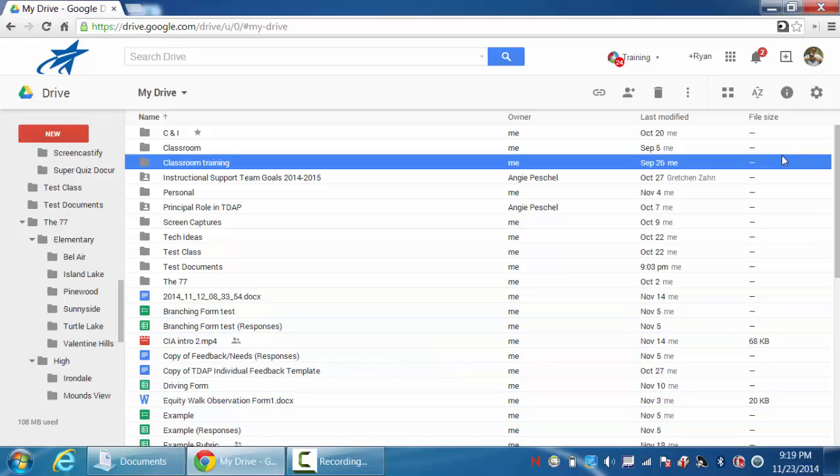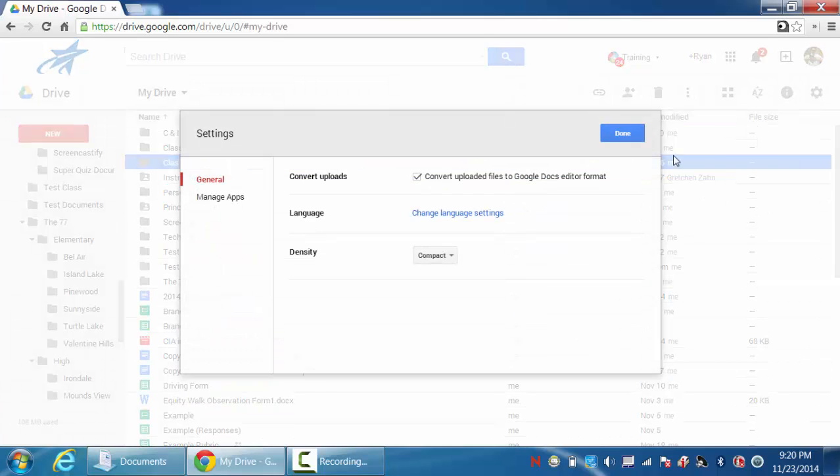Now, the last thing that I want to show you is the settings button. There are a couple of different things. You can leave New Drive right now. Eventually this option will be taken away from you, so I just want to warn you that eventually you won't be able to do this anymore. You can download the drive if you're at your home computer and you want Google Drive on your computer as opposed to always being online. You can do that. You can also click on the settings button here, and it will bring up a couple